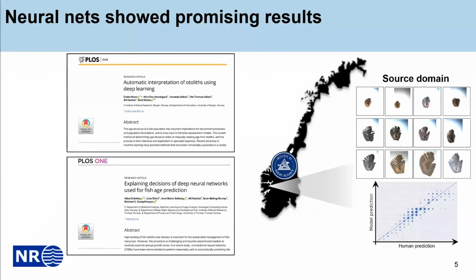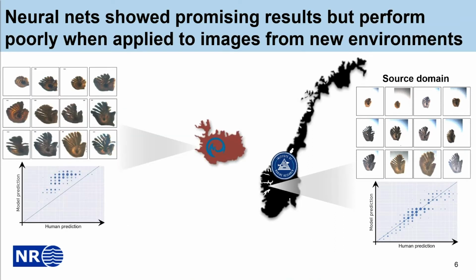So if applied on similar image environments, we would expect that the classification models should have the same type of performance, and we call these similar models the source domain. However, the performance of a classifier trained in the source domain will suffer substantially when deployed in new field environments. As you can see on the left-hand side of the slide, we now see that in the new environments, suddenly the model predicts ages which are completely far off from what the human predictions were, and we call these new environments the target domain.